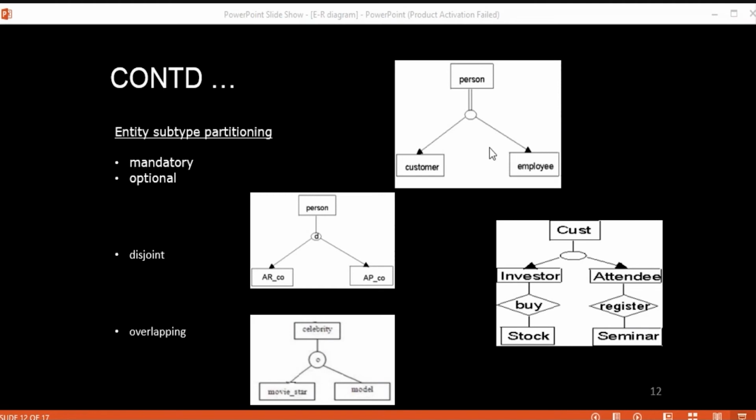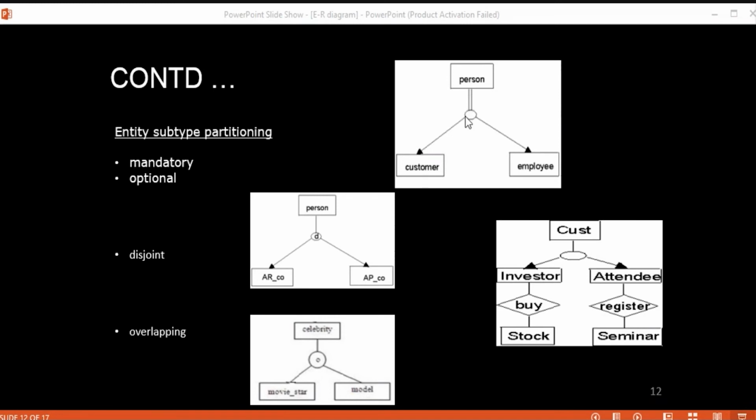In that mandatory case, it is demanding that first the person should be classified as one of the subtypes, and here the person details can be entered into the database without classifying the person as any subtype. See, neither one is preferable. The one that is chosen is based on the business situation or your project situation, and this mandatory subtyping is